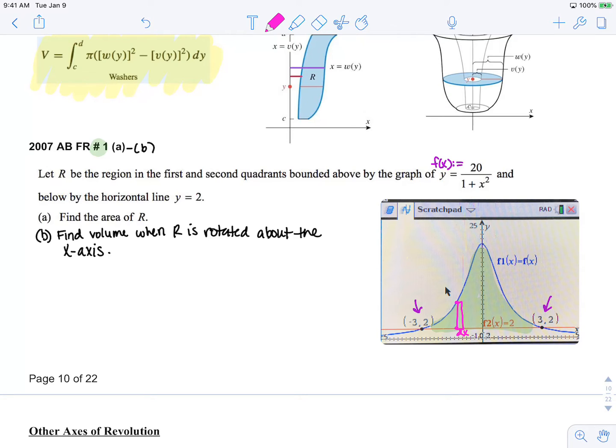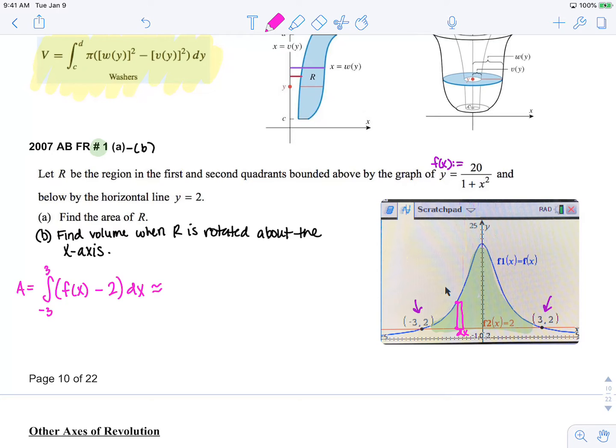minus our lower function. So to find that area, it's going to be the integral from our left x value, -3, to our furthest right. The height of that rectangle is f of x upper minus 2 lower, and the base is dx, a very small change in x. So since I've stored this in my calculator, I can go ahead and plug this in,